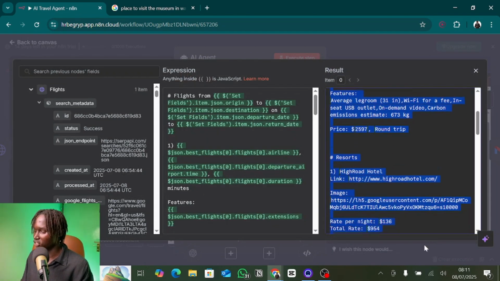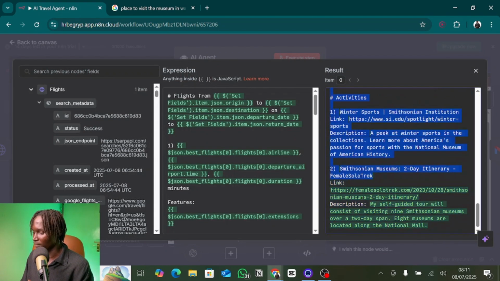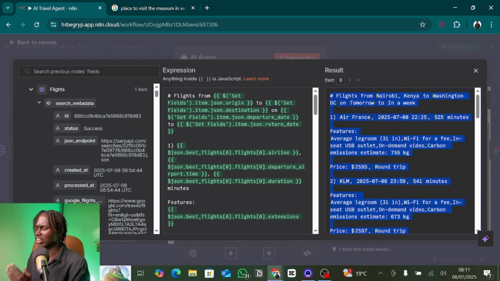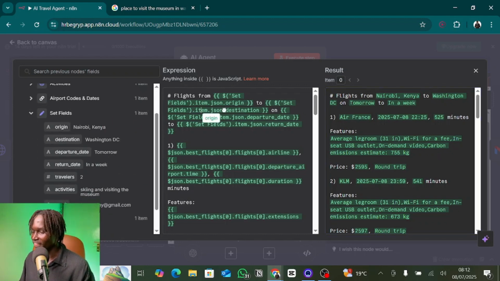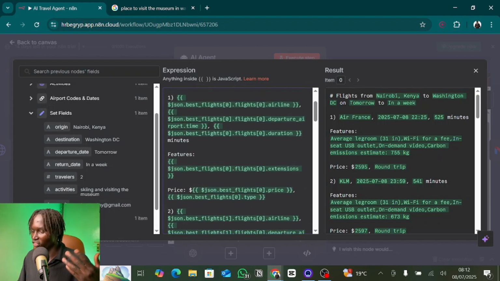This is what will be sent to the AI in order to come up with the email. This is all the information, all the flights, the hotels, the activities, all the pieces of information. That's what you're seeing here. We drag in the information from the left to the center over here. So flights from the origin, that's in the set fields node. We drag in the origin over there, which, by the way, you don't have to do. I'm actually just showing you the process that I went through to come up with this structure that you're seeing